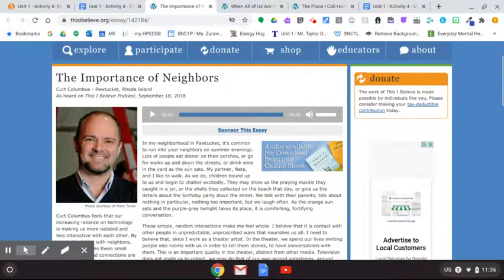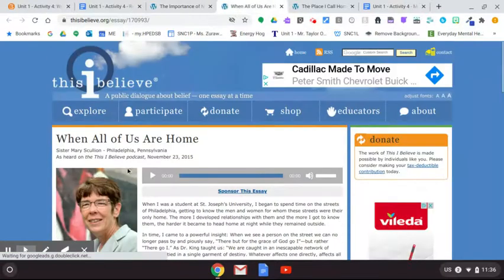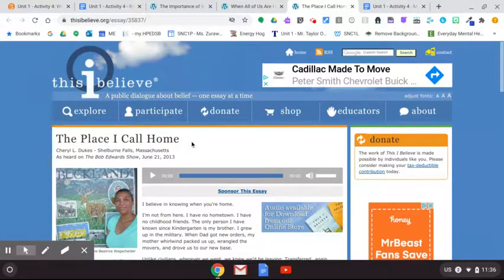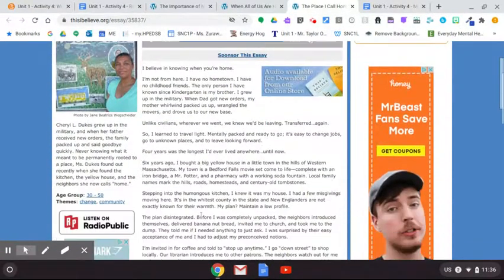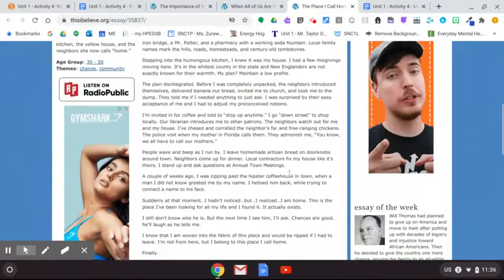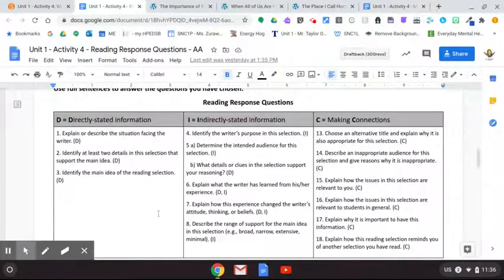So these are the readings. You can listen to them as well. So the first one is about the importance of neighbors, and the other one is called When All of Us Are Home. And then the last one is called The Place I Call Home. So pick and choose which one you want to read. They are not the longest, but think about pulling evidence directly from the text when you are doing your directly stated information questions. Okay,